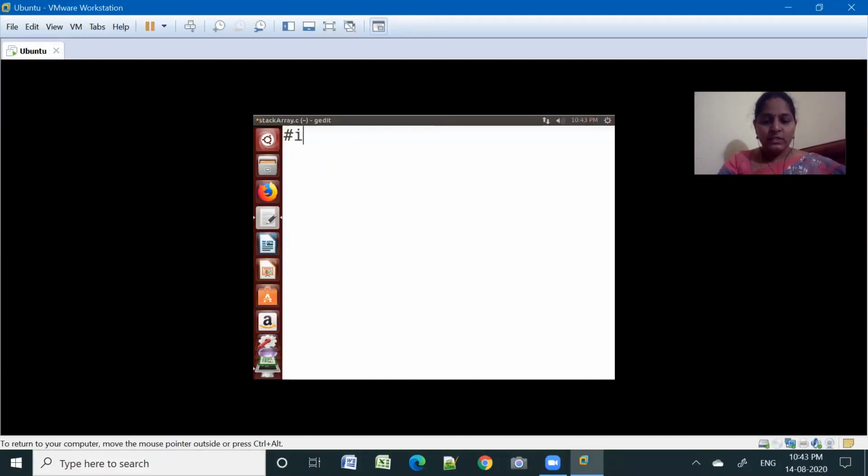As usual, first include the files that are required for running your program. stdio.h is the basic file in a C program; in this header file we have the printf and scanf definitions. First, declare the size of the stack. Here I am declaring the size of the stack as 100, which means I can store 100 elements. I am declaring one more variable, top. We will see the use of top in the next lines.